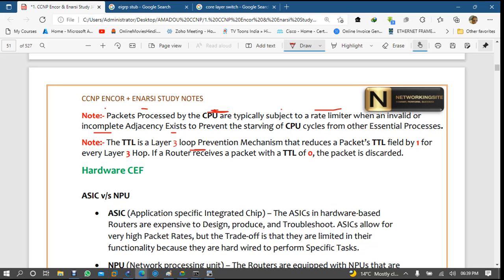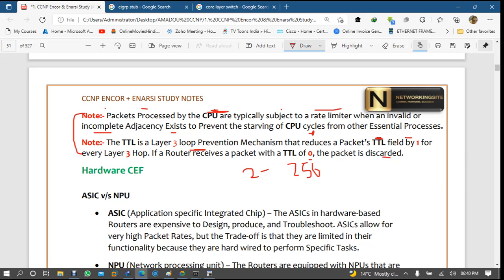Now the TTL is the layer 3 loop prevention mechanism that reduces the packet TTL field by 1. Remember I told you, if it is 0 it will be discarded, if it is 1 it will be discarded, but if it is higher than 2 and less than 256, then it will be forwarded. So when any data is coming towards that destination, it will see that it is there in the routing table. But once the destination is not reachable, it will not accept that TTL towards that network. This is a little more technical when you read the packet with the help of